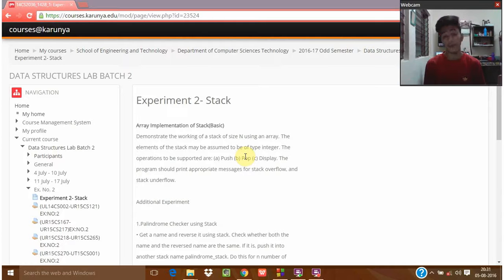So, what is stack? A stack is a collection of data in a simplified form. The question for today is: demonstrate the working of stack of size n using an array. The elements of the stack may be assumed to be of type integer. The operations to be supported are push, pop, display. Today we are going to make a menu driven program to push, pop, and display the elements of